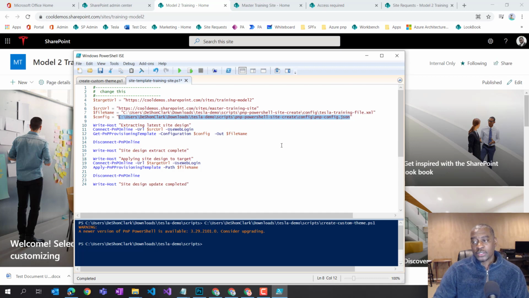And the way that this works is that it's going to read all the configuration settings here based on what you tell it to do in line number 8. It's going to read this out, and it's going to know what to extract, and it's going to create an XML with all of the settings coming from the source. The next step, when I disconnect here, I reconnect, and now I'm looking at the target, and then I'm applying everything in this XML to that new site based on these configuration